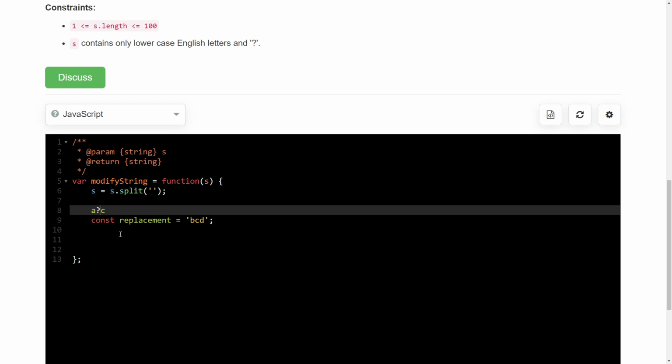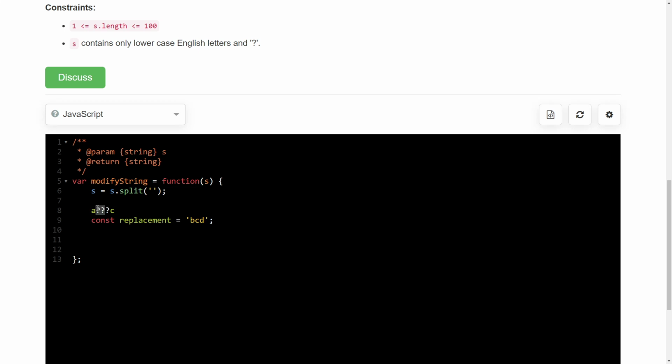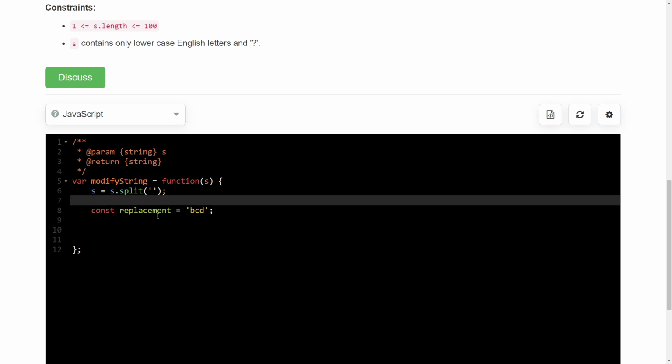And if there are multiple question marks, then because we are moving from left to right, on the left I will always have at least one neighbor. So if there is only one neighbor, then I just need to avoid that neighbor. So even if I replace these two question marks with something, when I reach this question mark, again there are only two neighbors, so we don't need to worry because one of these three will be able to solve it. So we will just try to implement this.